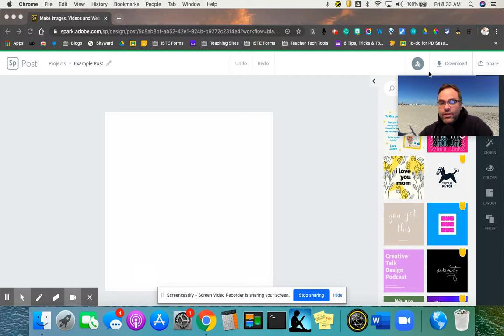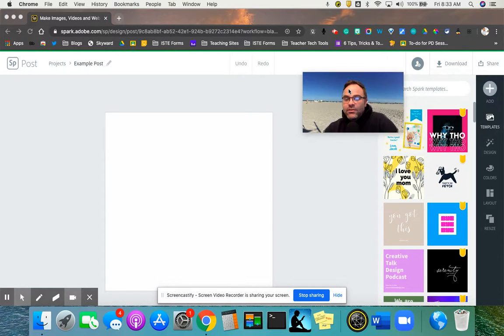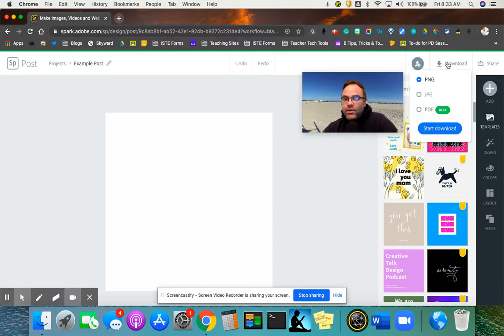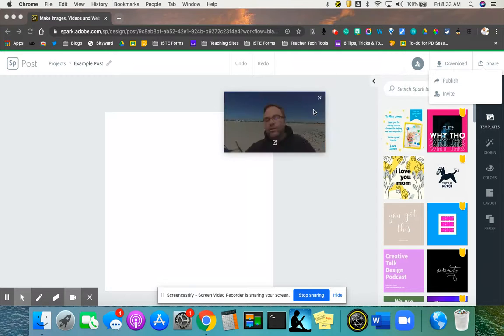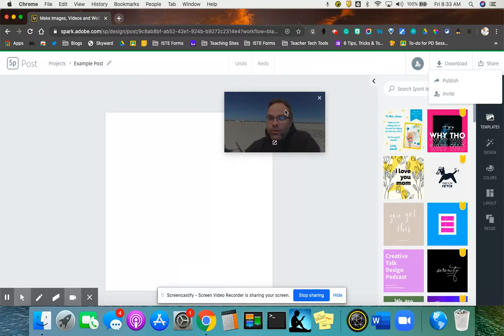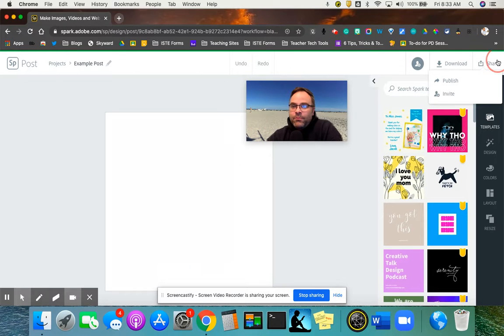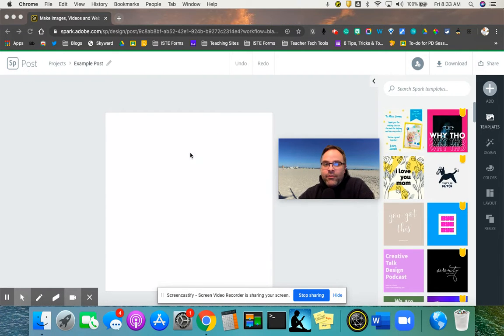When you're finished, Adobe Spark will save as either a PDF or a picture file. So you can download your Adobe Spark project, or you can share it by publishing it to the web, and then you'll get a link. So when you're creating an Adobe Spark post, you have your canvas in the middle over here,